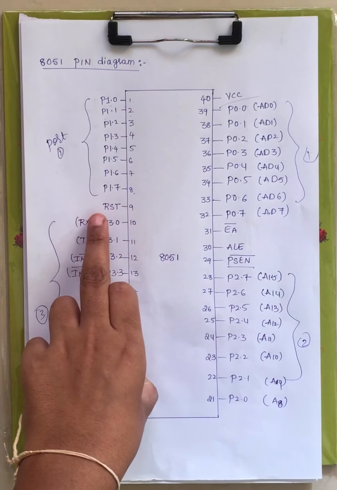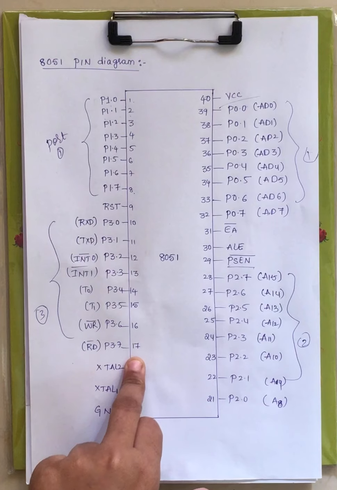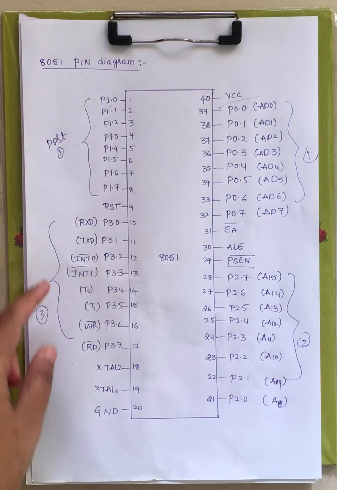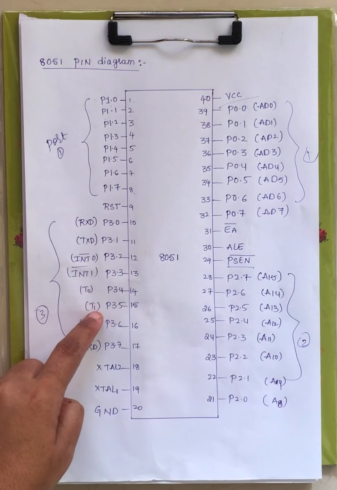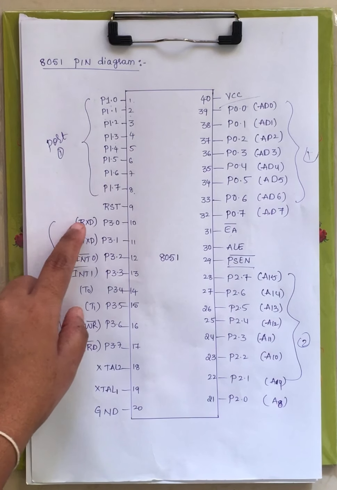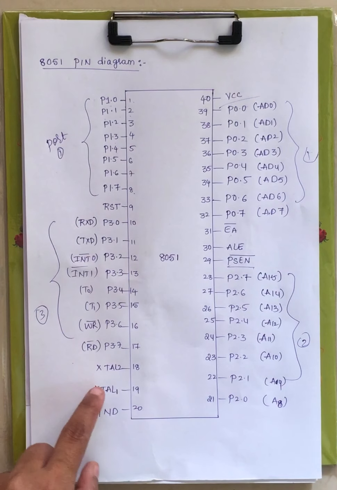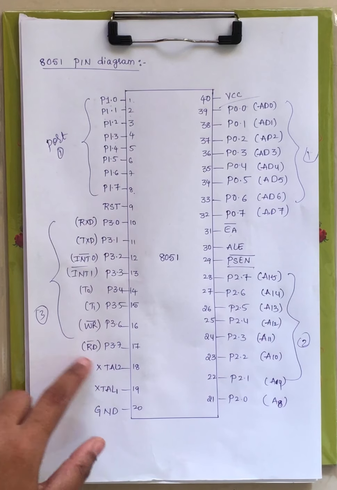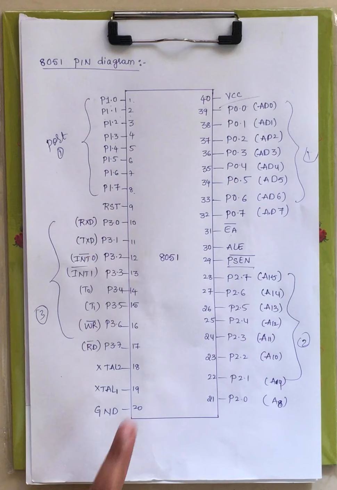Pin number 9 is allotted to reset pin, and pin number 10 to 17 are allotted to port 3, which are of 8 bit. In addition to input output function, it will serve some special function, that is reading the data, writing the data, timer 0, timer 1, interrupt 0, interrupt 1, RxD, TxD, right? What these special functions are we will see later. And XTAL1 and XTAL2 are used to provide the system clock, through this we are generating the system clock and giving it to the controller, right?